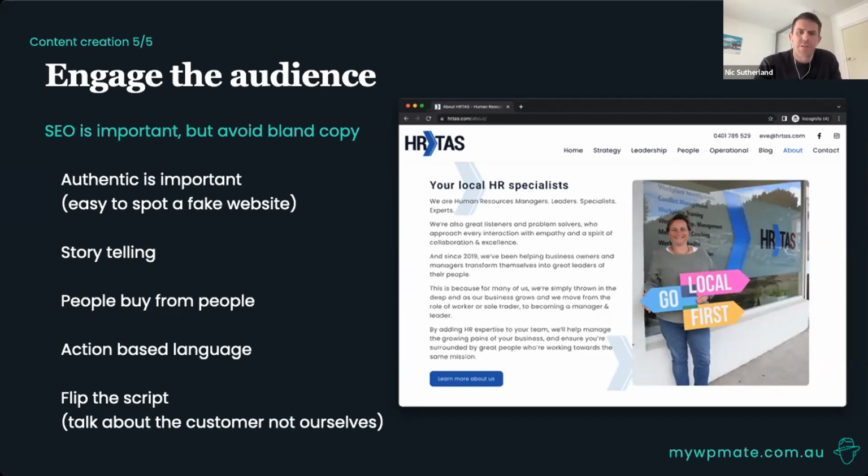A good website should really engage with our audience. It should talk directly to the customer's need, and we should talk about ourselves second. This is a brilliant concept that I've been researching, and it's called flipping the script. We talk directly to our customer's need first. We talk directly to our customer, and we resist the temptation to talk about us in that traditional and factual way until a lot later in the page.